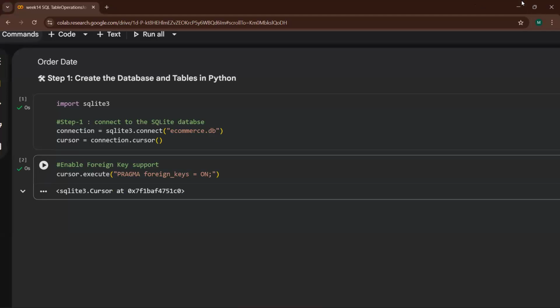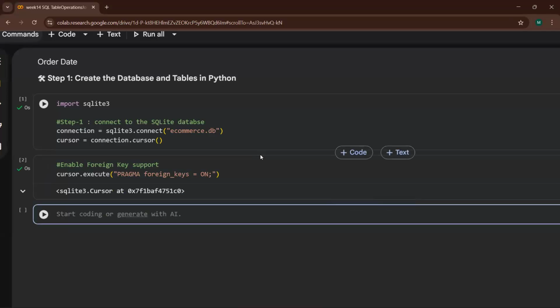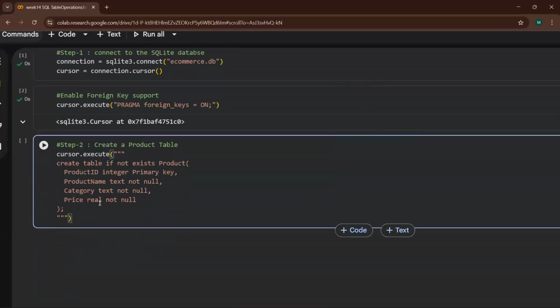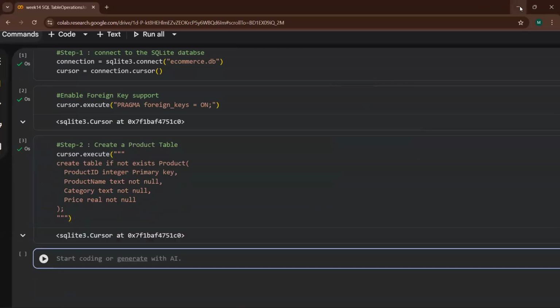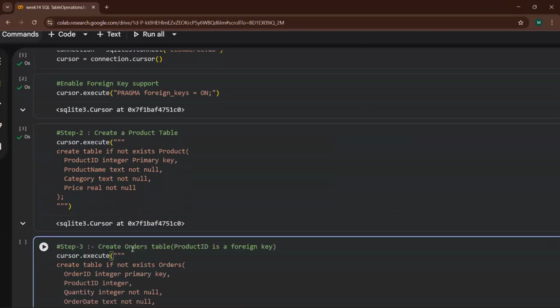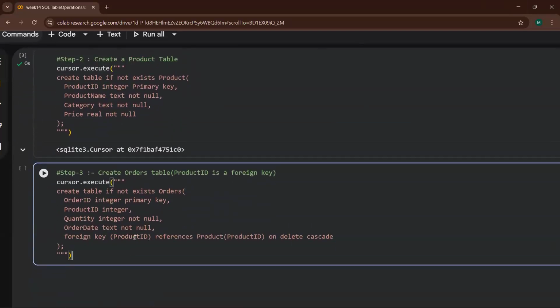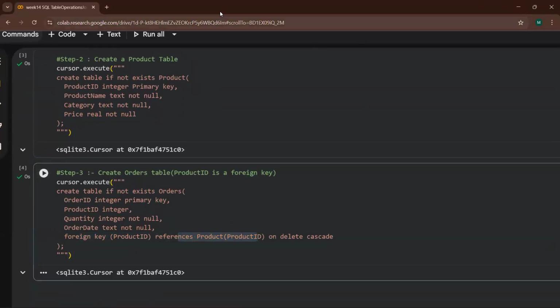Now we will create the tables. First of all, execute the product table. Now, what we will do, we will create the orders table. And what we are doing: foreign key product ID references the product ID of the product table on delete cascade. I hope everyone remembers what delete cascade is.